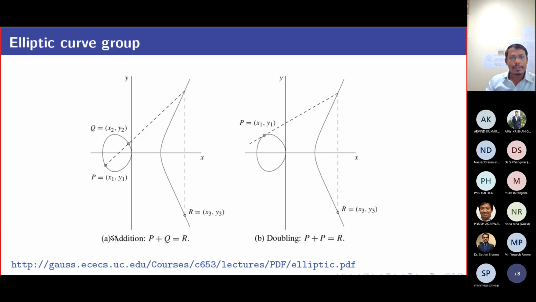Now here is the geometrical significance. Please try to understand this diagram. This is the elliptic curve. We take 2 points P and Q and add them; the line cuts the curve here. This is minus R, and its reflection is actually R. So adding these 2 points, we get this point. Similarly, at point P, we draw the tangent. It cuts the curve at this point, take its reflection with respect to the x-axis, and we get R. So P plus P is this R. These 2 are the main operations performed in the elliptic curve. Now we'll try to derive the formula for P plus Q. Now here, what we understand.